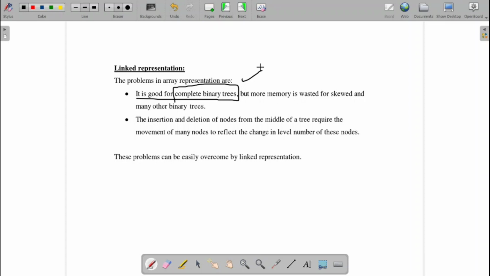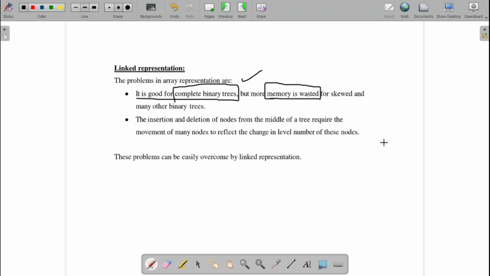If my tree is not a complete binary tree, if it is a skewed tree or any other type of tree, what happens? My memory is wasted. Memory is one of the important resources in computer science. In computer architecture, memory and time are the two important aspects we consider for deciding the efficiency of any algorithm.